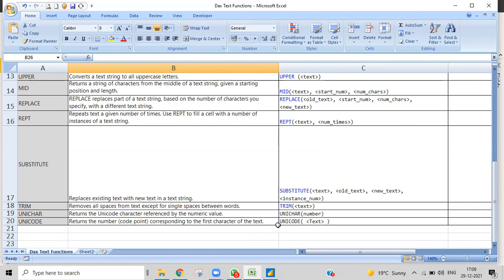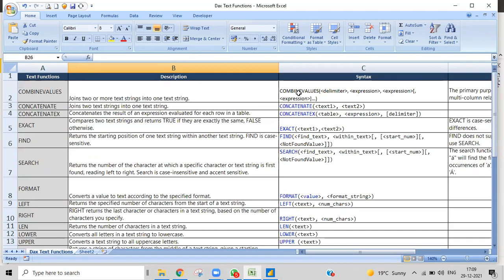But before going to other functions, we need to have a good grip on this, not only simply using these functions, but also good logic building. Then I'll give you some scenarios, and based on that, you need to do your task for today. Today I'll give you a very good task, and you need a lot of practice time to achieve it. Before that, I'll help you build the logic, how to use a function within a function, and we'll go through that. Okay, earlier recap, just combine values.